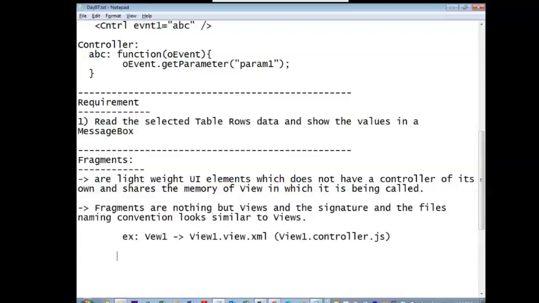But when you create a fragment, say a hello world fragment, it has a naming convention: HelloWorld.fragment.xml. Just to differentiate a fragment, they use dot fragment dot xml. If they used dot view dot xml, it would again need to contain a controller. That is the reason technically they provided the naming convention dot fragment dot xml.